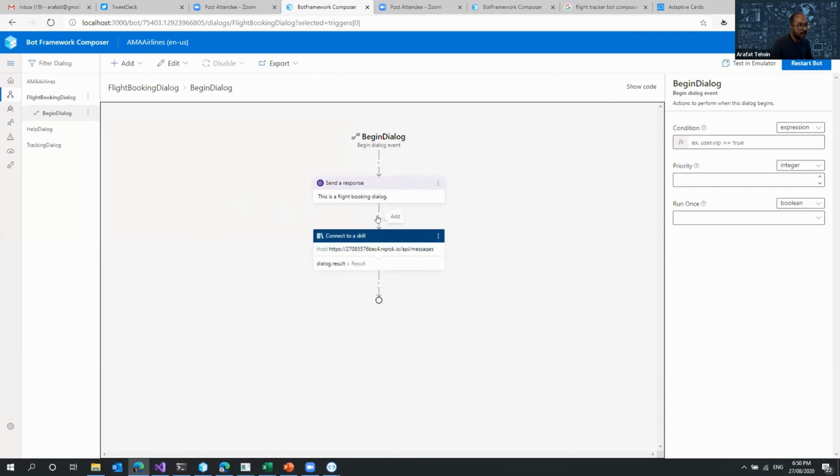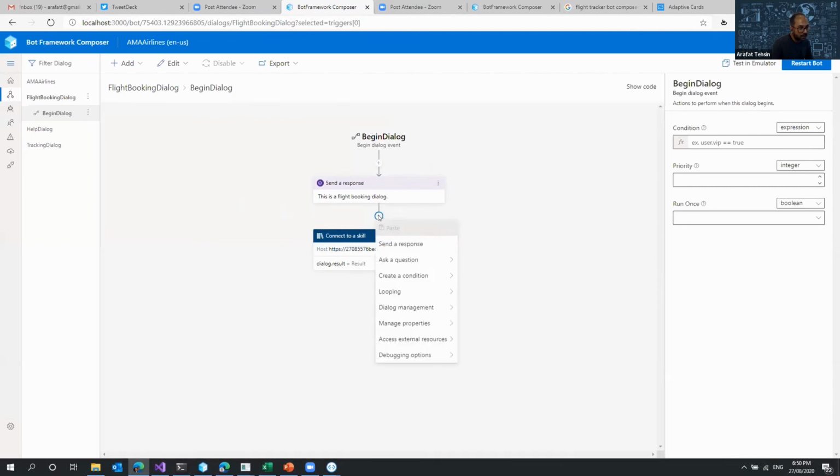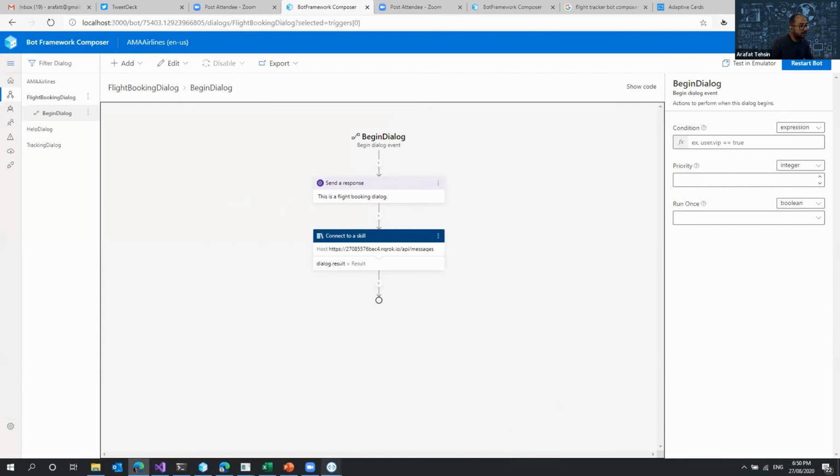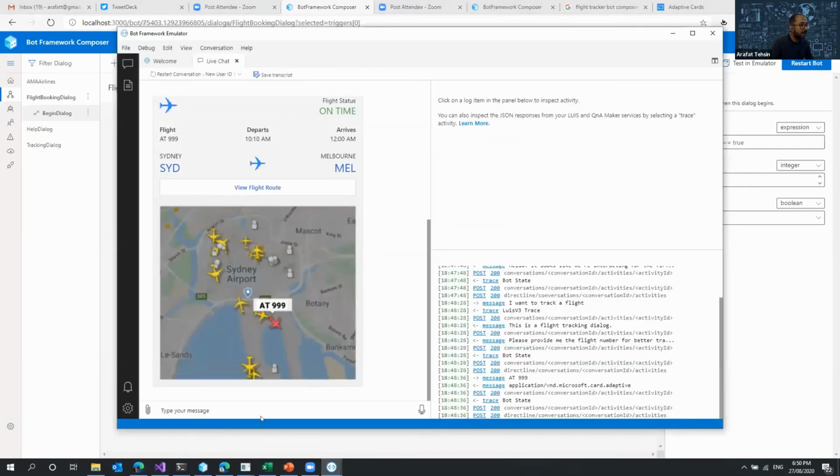I just went over here, clicked on this plus icon, and from accessing the external resources, I can connect to a skill. And calling a function is simple. I can call any HTTP request, so a function can be called from here as well. I can also connect to QnA Maker and other stuff as well. Since it is already connected, if I write that I want to book a flight,